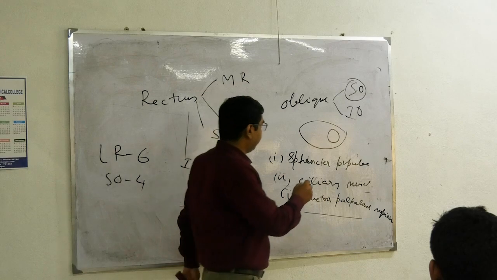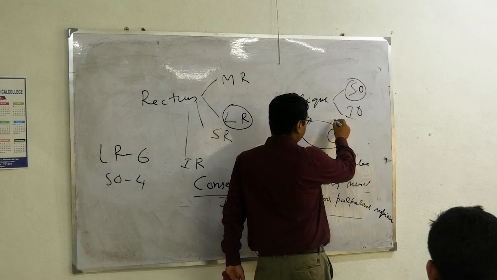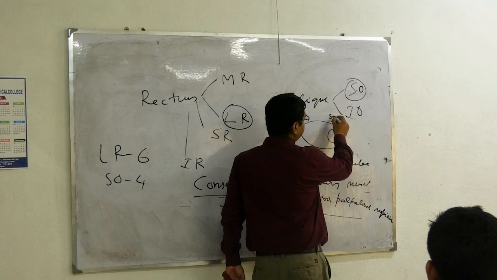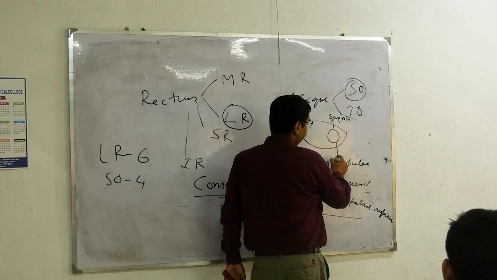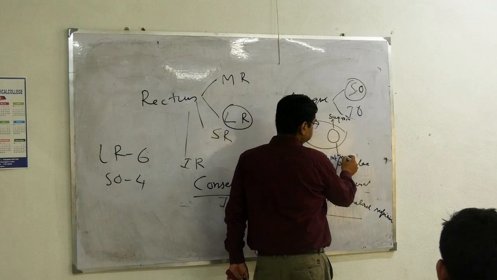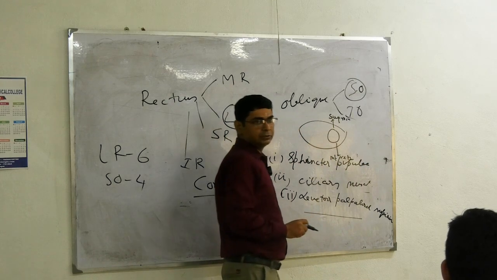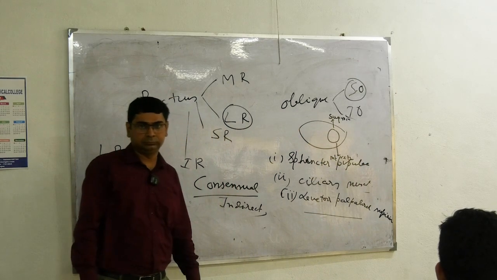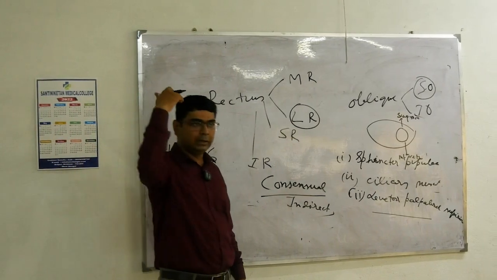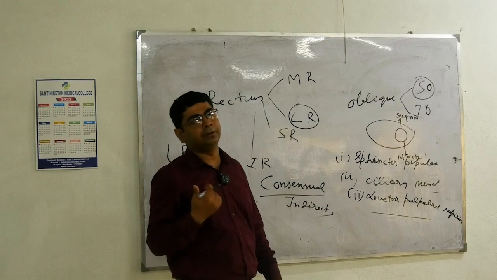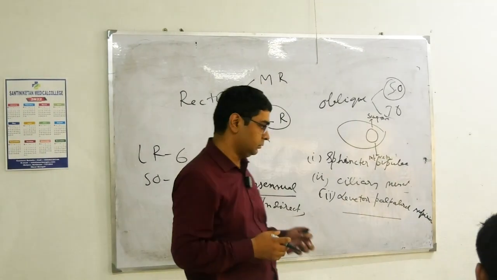অ্যাবডাকশনস। অ্যাবডাকশনে উপর দিকে উঠলে হচ্ছে সুপিরিয়র রেকটাস, নিচের দিকে নামলে হচ্ছে ইনফিরিয়র রেকটাস, that is called abducted eye। বোঝা গেল, উপর দিকে উঠছে হচ্ছে সুপিরিয়র রেকটাস, যখন উপর দিকে তুলছি, নিচের দিকে যখন নামাচ্ছি that is called ইনফিরিয়র রেকটাস। বোঝা গেল।